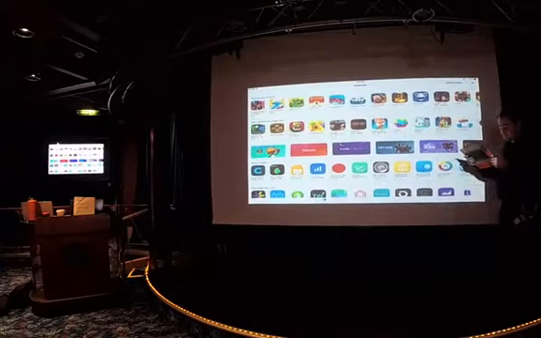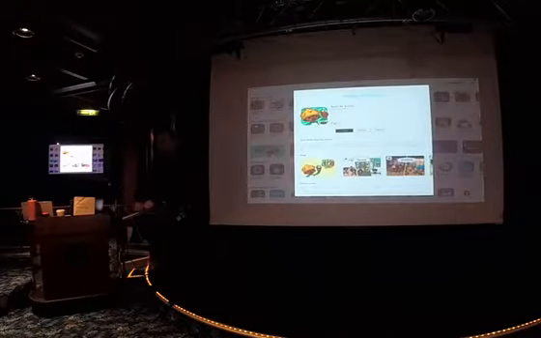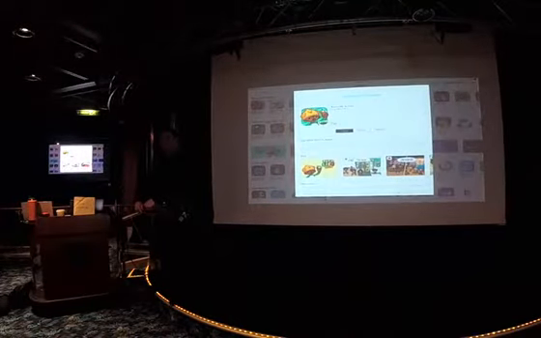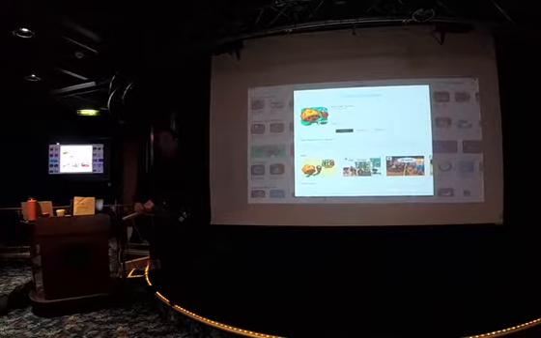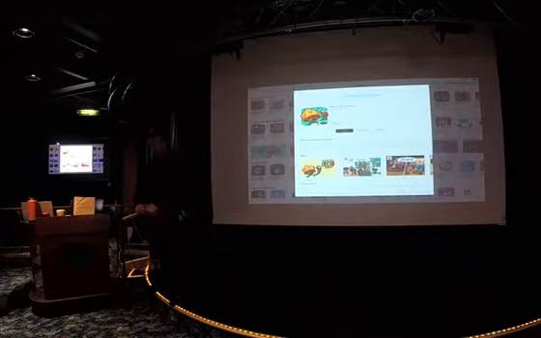There's also something called the free app of the week. That is an app that Apple has that normally costs money. Every single week, they put one app that costs money up for free, and Apple pays for that app for you. Which is really cool. And if you get it during that week, you get it. Sometimes there's $10, $20, $30 apps that show up as the free app of the week.